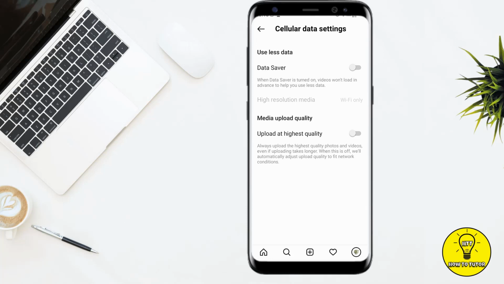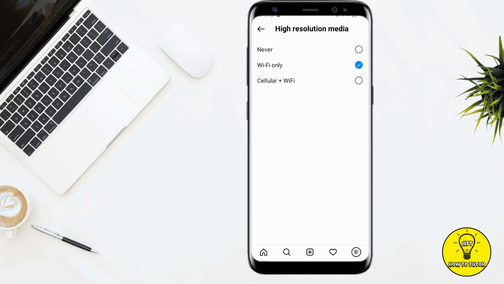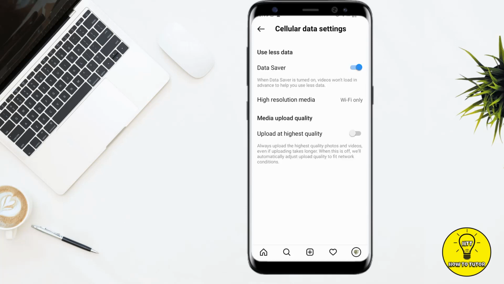First of all, it gives me an option of data saver. You can enable or disable it. If you want to enable it, you just have to turn it on. It says that when data saver is turned on, videos won't load in advance to help you to use less data. Here you can select the high resolution media. When you click on this, here it gives you three options: never, Wi-Fi only, cellular plus Wi-Fi. You can select any of the options according to your preference, and then it gives you an option of media